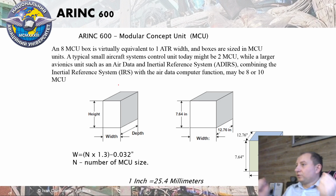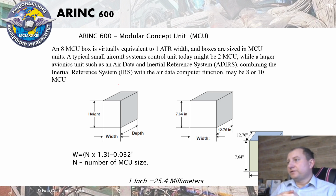However, modern system design on microchip requires, for example, 10 times less size, and it means that they use a small piece of mounted board for electronic device inside of an empty box of ATR. That's why it was not efficient, because the space in Avionics Bay was distributed not optimally. That's why a little bit later ARINC developed a new standard series and called these boxes or ATRs by